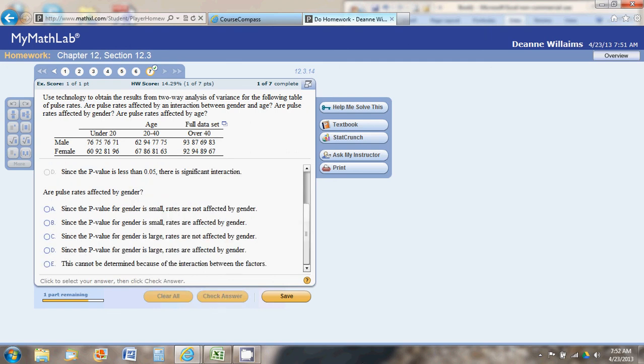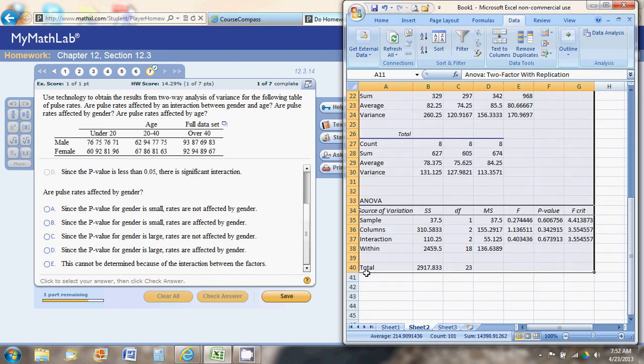Now let's look and see if pulse rates are affected by gender. So gender is in the rows, and that's labeled as our sample. So if we look at our sample, again, our F statistic is smaller than our critical value. Another way to look at this is to look at the p-value. The p-value here, 0.60, is larger than the significance level 0.05. So we're going to fail to reject the null hypothesis,